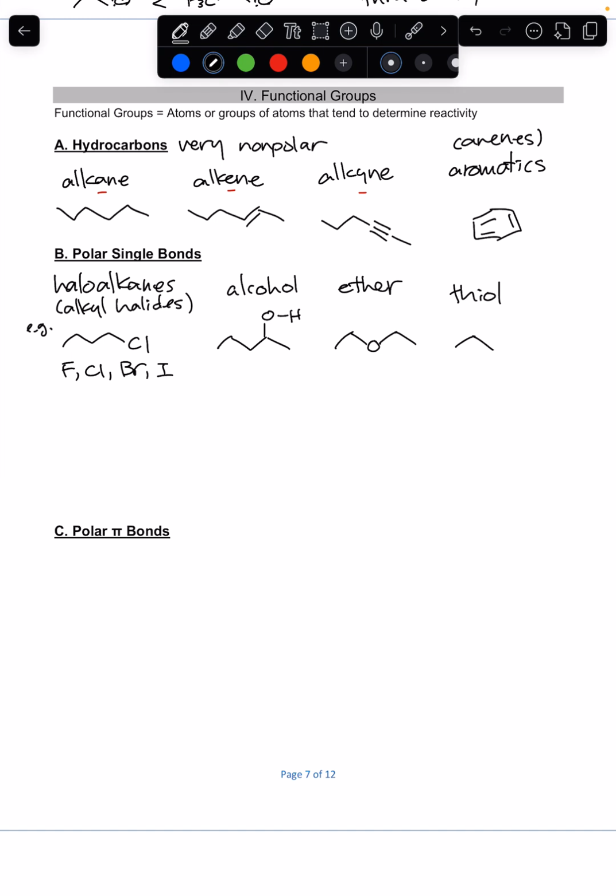Thiol is just the old word for sulfur, so here's an example of that. Instead of an OH functional group, we have an SH, and hopefully this makes sense to you. Oxygen and sulfur are in the same family or column in the periodic table, so they have a similar reactivity profile, but thiol is sort of the sulfur version of alcohol, and it's quite different than alcohol, but we'll talk